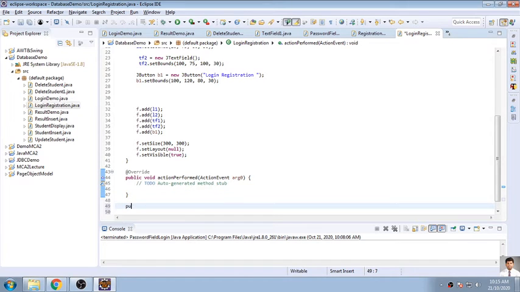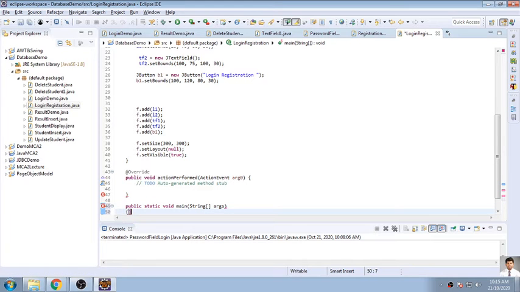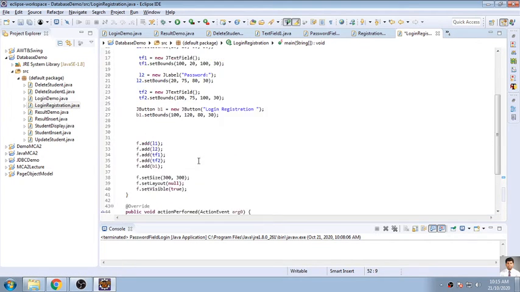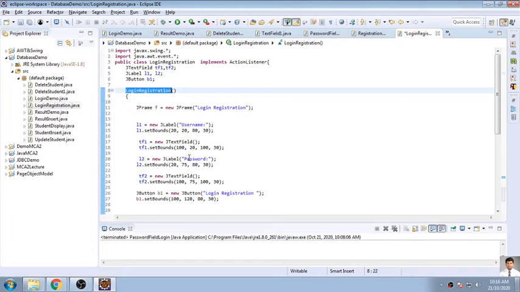So public static void main, String args array, and here we'll call this new login registration.